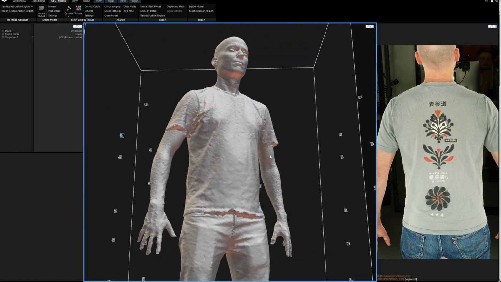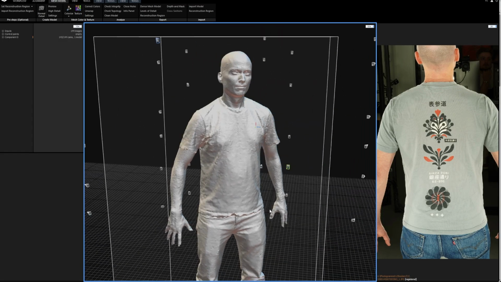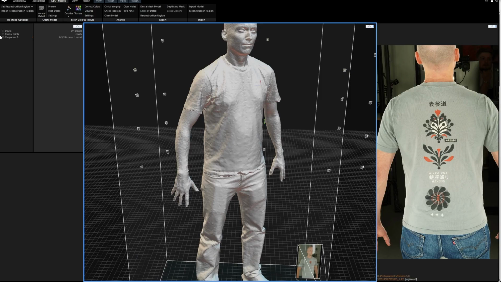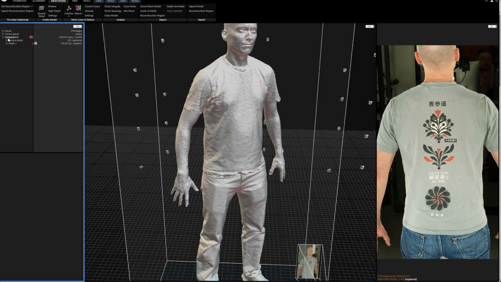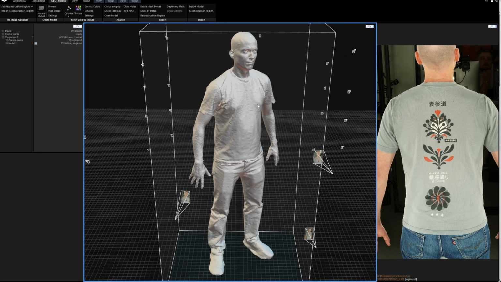I'm not seeing any holes. I'm not seeing any fingers meshed together or anything like that. So I'd say we're good to carry on. You can see how many polygons this is by going over to the component. And this is where all of your models, as you work through this, will appear. So this low resolution mesh is 736,000 triangles, and we're going to bump that up significantly now and process the high quality detail version of the